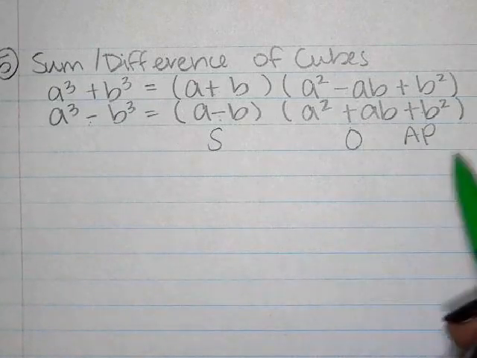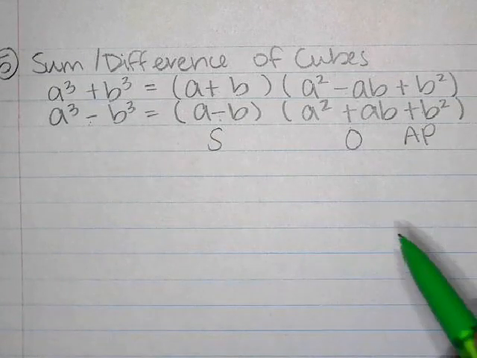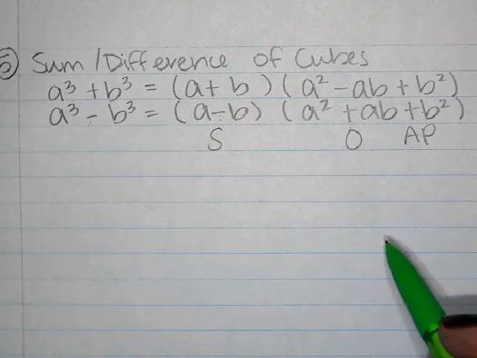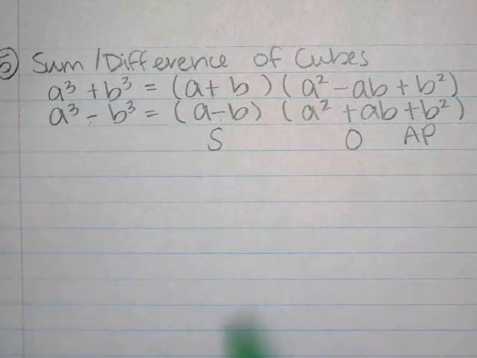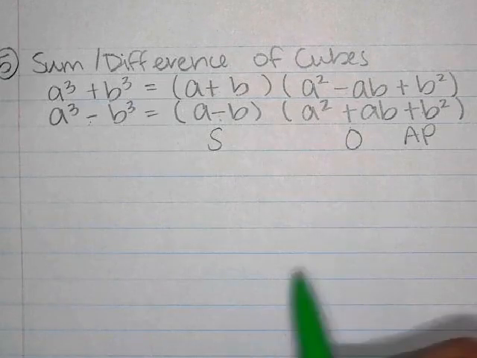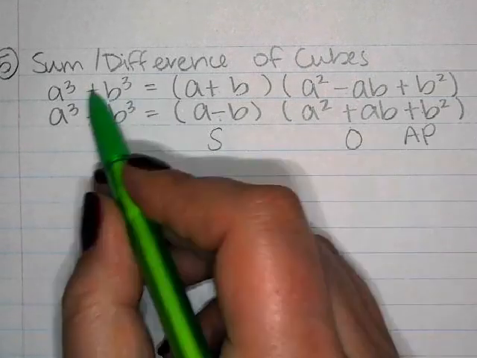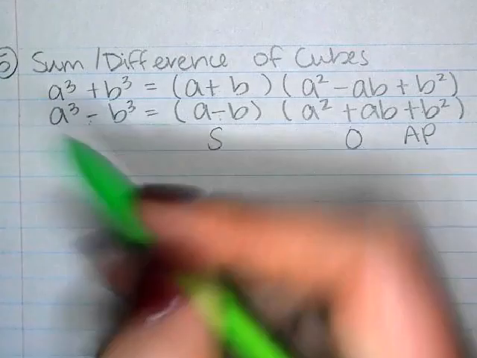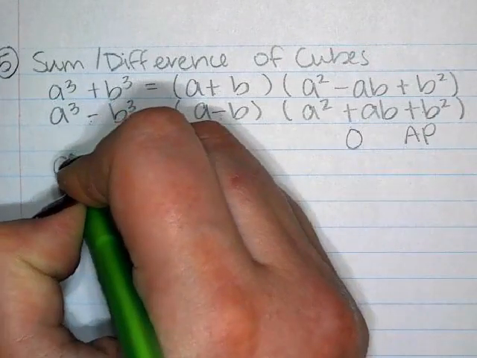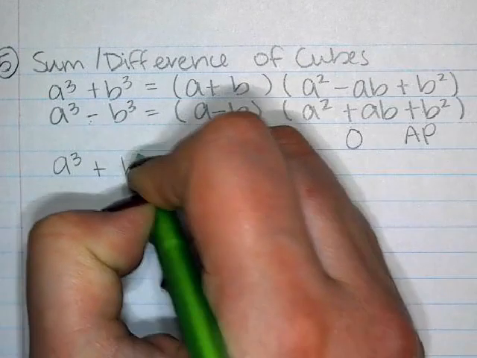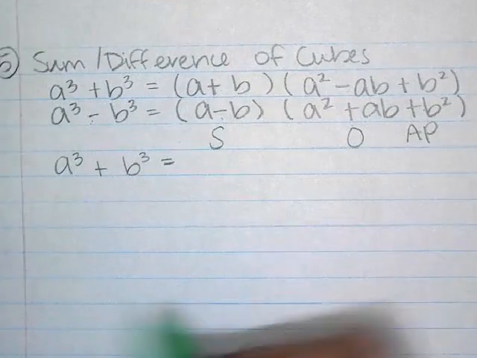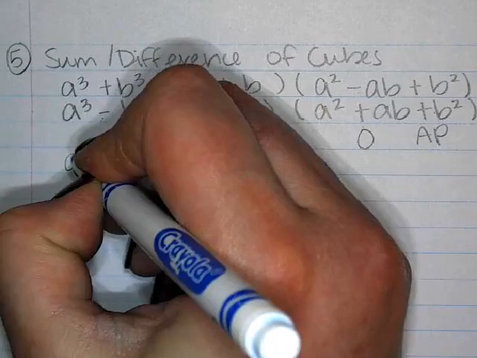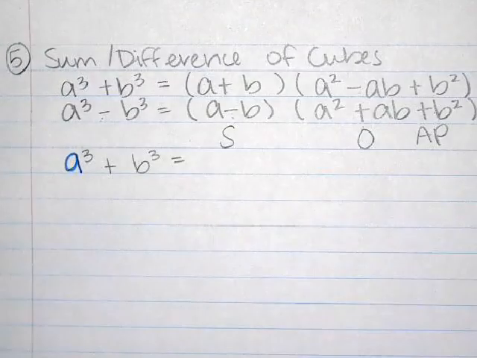Okay. After that, we do colors. So I'm going to take this formula and write it using colors. I'm going to say a cubed plus b cubed. I'm going to use the first color for the A, and I'm going to use my second color for my B. So if I rewrite the formula,